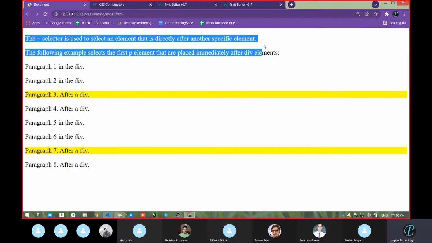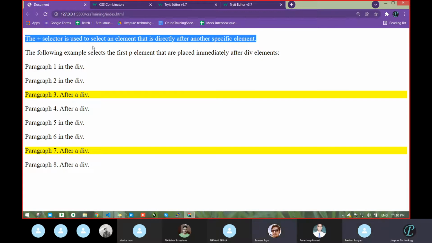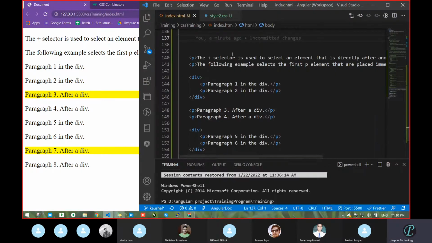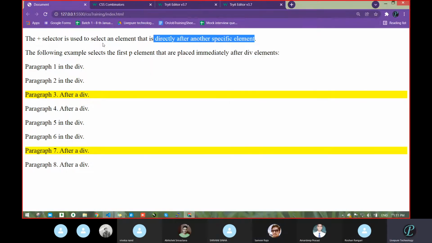Read this line first, then you will get it somewhat clear. The plus selector is used to select an element that is directly after another specified element. In the child selector, it was referring to this one, making a relationship between parent and child. But the adjacent sibling selector will not refer to this one. It will refer to the element which is directly after this one. See the definition: the plus selector is used to select an element that is directly after another specified element.